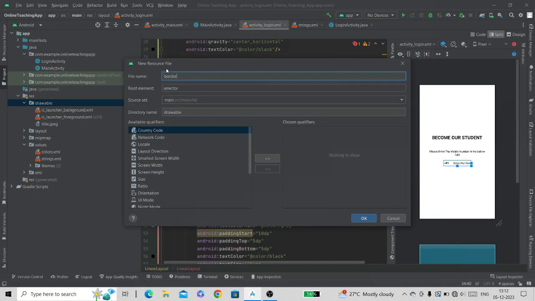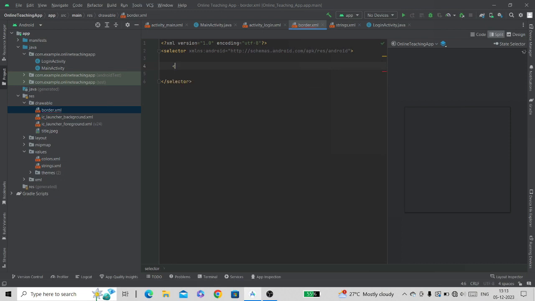Whenever we create a resource file, there are some rules for giving the name. Here, you cannot use the capital letter. As you can see, here error is coming. Also, you cannot start with number. Here you can see the resource name must start with letter. Also, you cannot give any symbol, as it is also not allowed here. So we will keep the name border. Now click on OK.